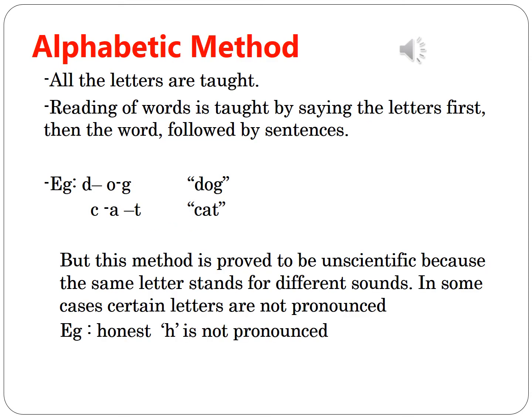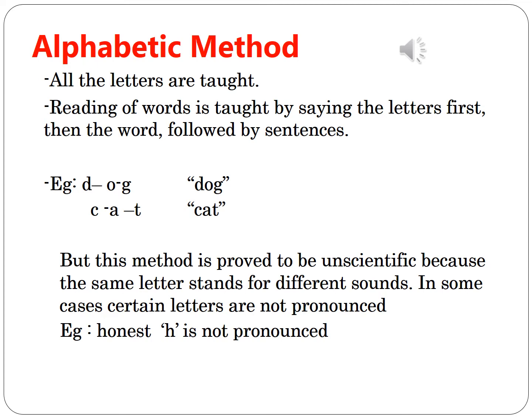Let us first look into the alphabetic method of teaching reading. The alphabetic method is the traditional method of teaching how to read. Here all the letters, that is from A to Z, are taught first. Gradually students will be taught how to read words. It is done by saying the letters in a word first and then asking the students to read the word